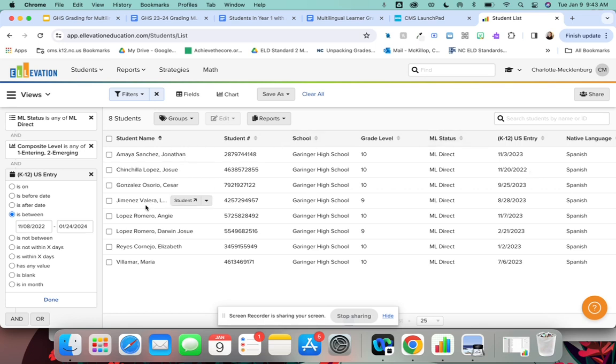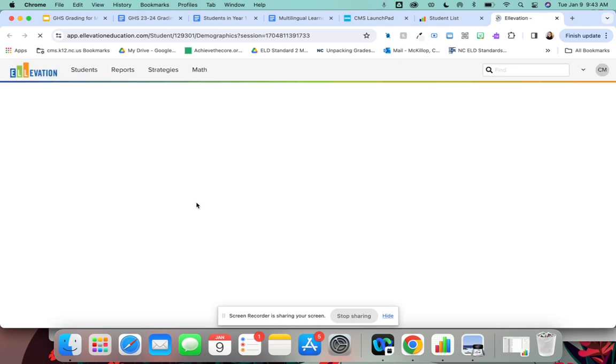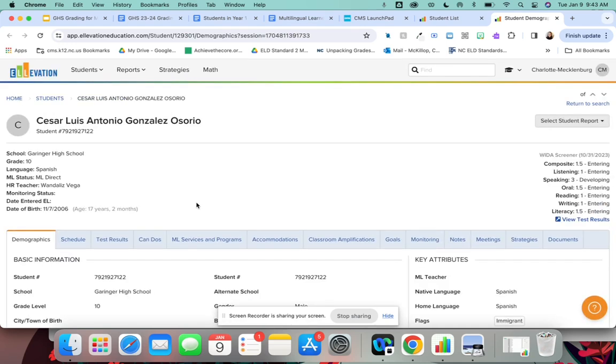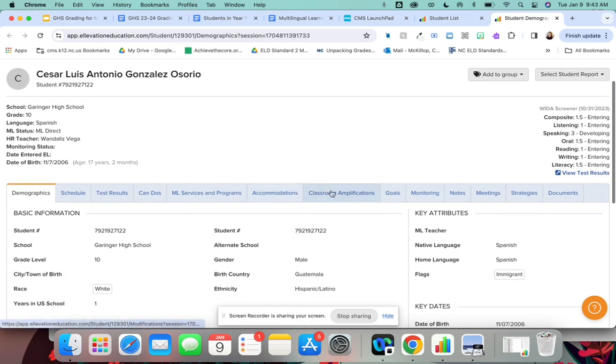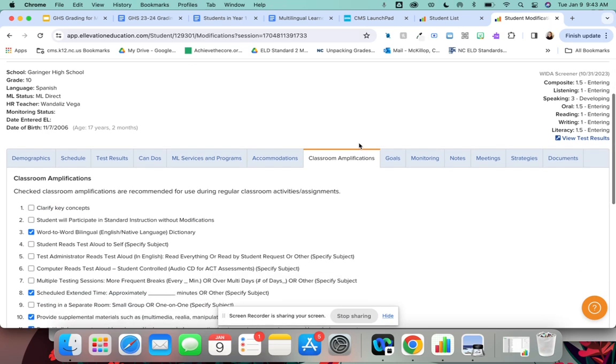Okay. Now, if you want to see their ML plan, you're going to go ahead and click on student, and their ML plan is going to come up. You're going to get all the information you need for these students, including their composite level and their different levels based on their domains. And then I'm going to point out classroom amplifications.